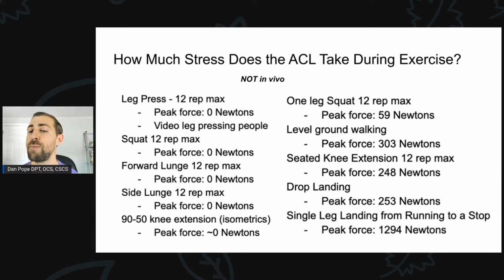If you do a drop landing, so if you're on a box and you jump off of the box and land, that's going to be 253 newtons of force through the ACL. That's a double leg landing. And if you look at single leg landing from a running to a stop position, that's 1,294 newtons of force through the ACL. Okay. So, just to recap, closed chain exercises, and we're going to lump leg press into this,